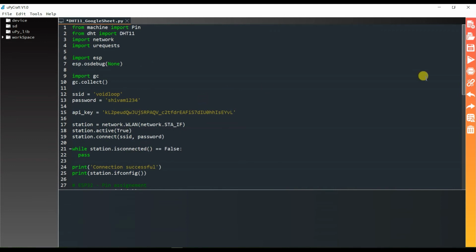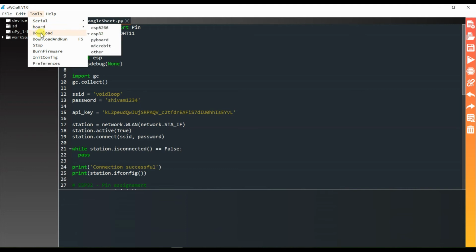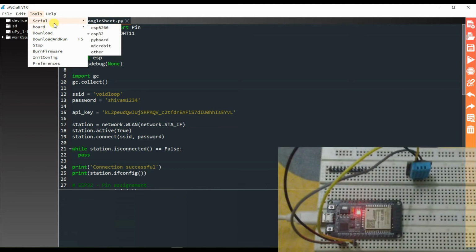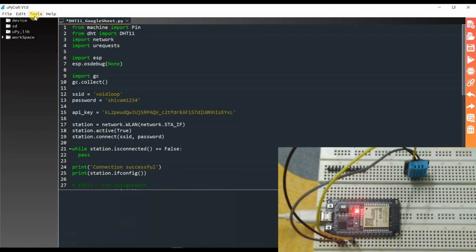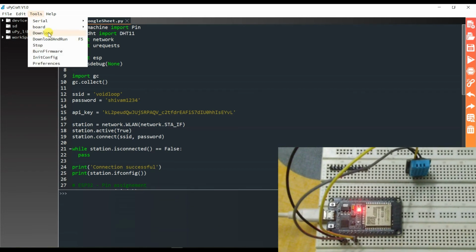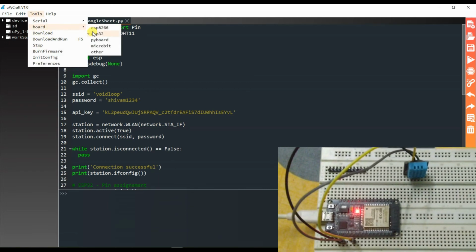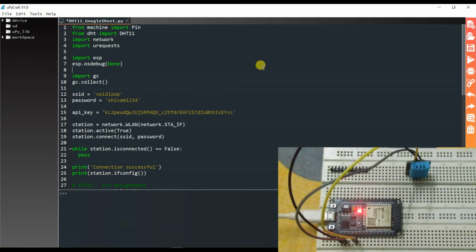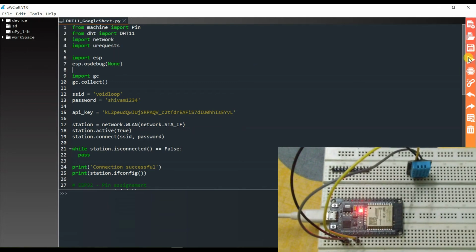Now I will connect my board. COM port 3. Board is ESP32. I will save and run.